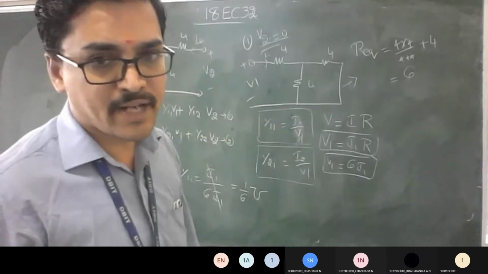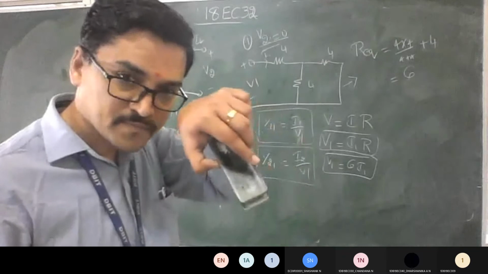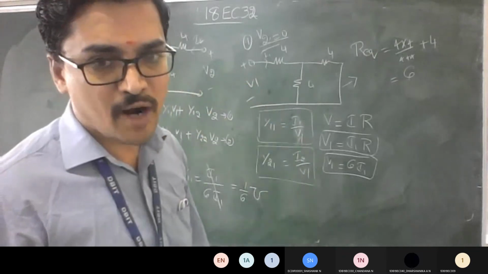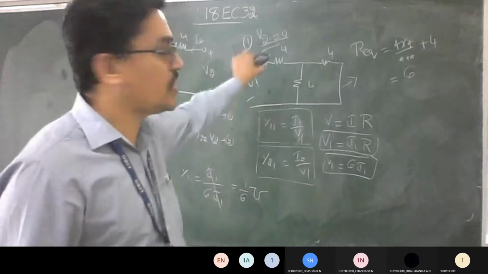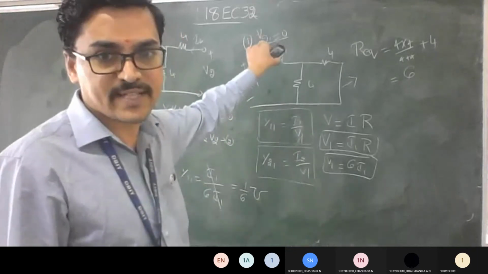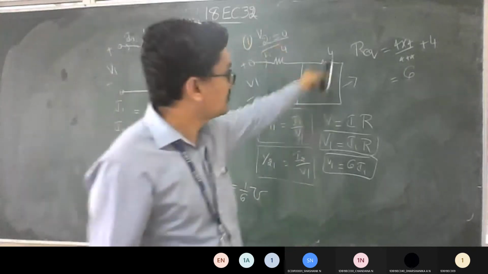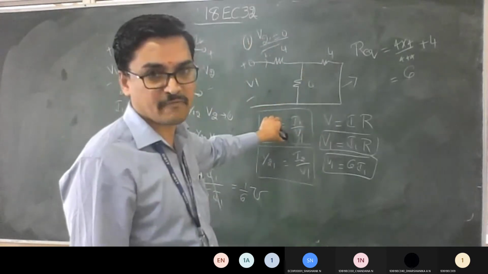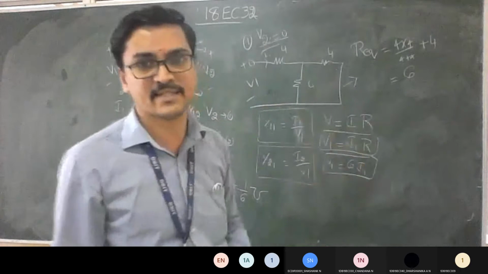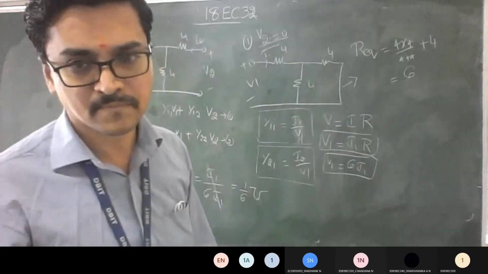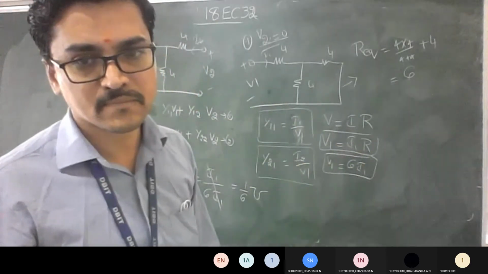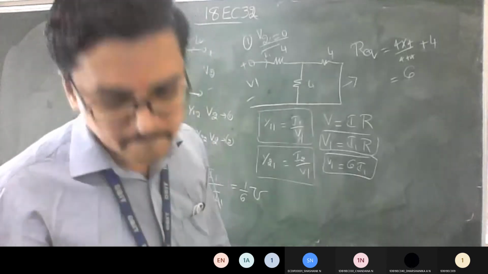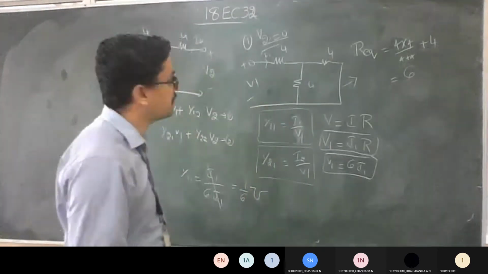Any doubts, anyone, till here? So we are finding a Y parameter. It is called short circuit admittance. To solve this, you have to consider the case, the same way as in the derivation: V2 is equal to 0. So this is short circuit. If you are able to get I1 in terms of V1, you will get the first answer easily. Is this fine till here? Okay, now listen carefully.